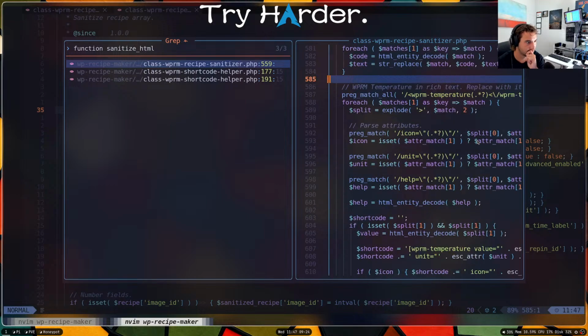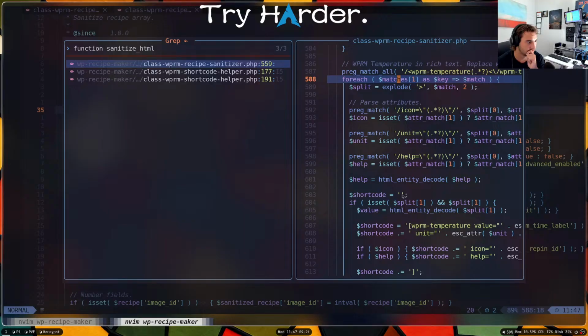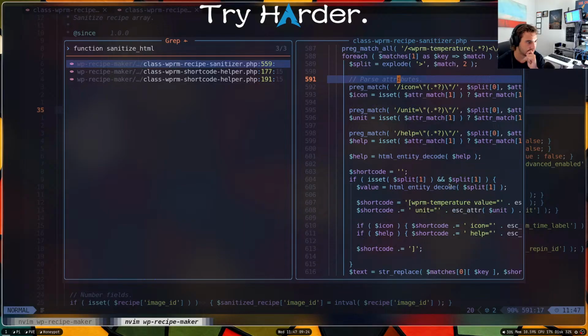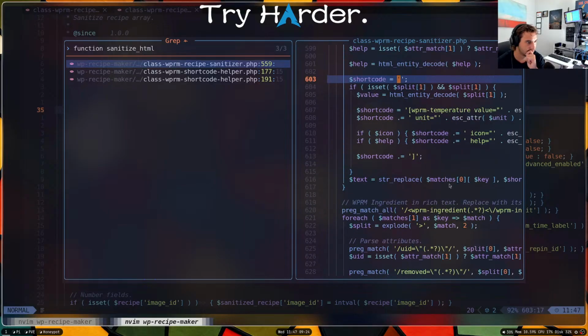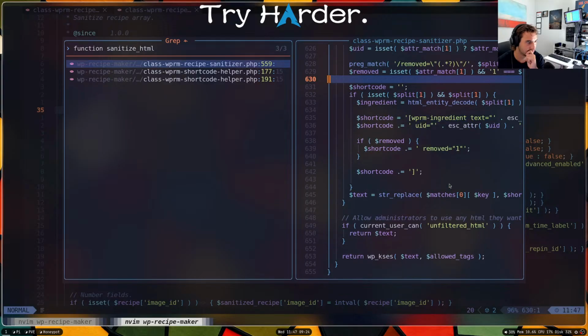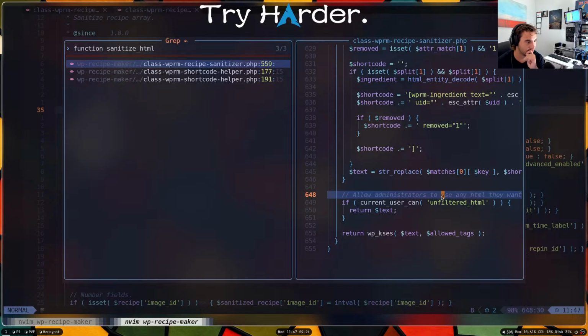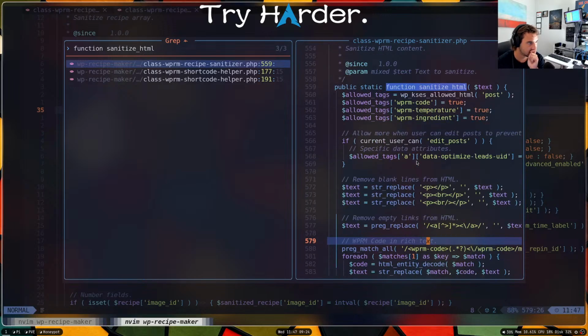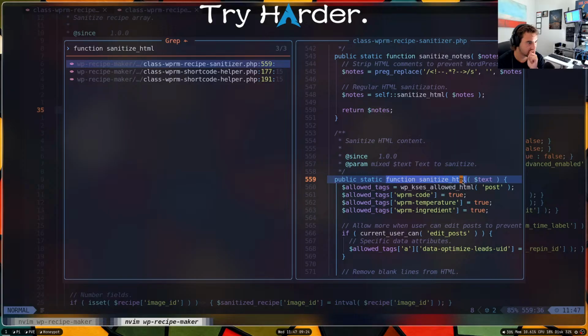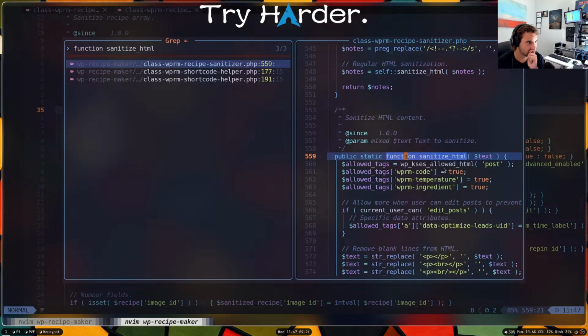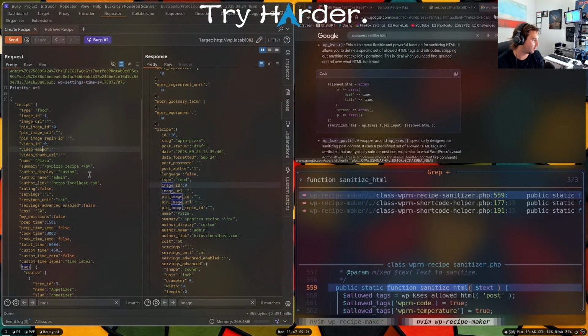Temperature. Allow administrators to use any HTML they want. Okay, so we're administrators, so I guess, I mean, in theory,